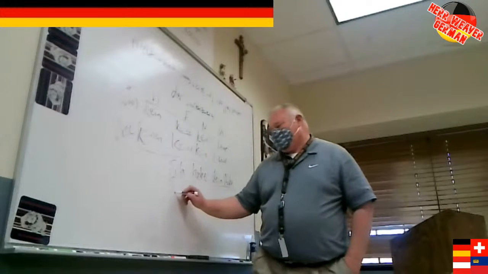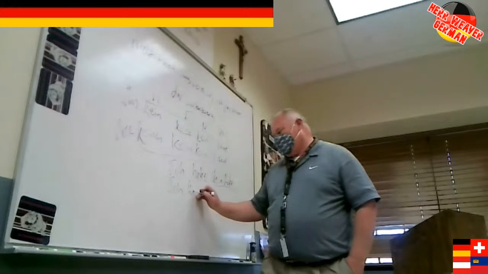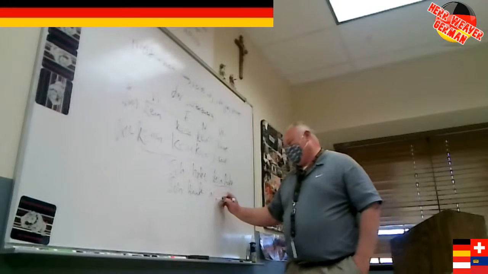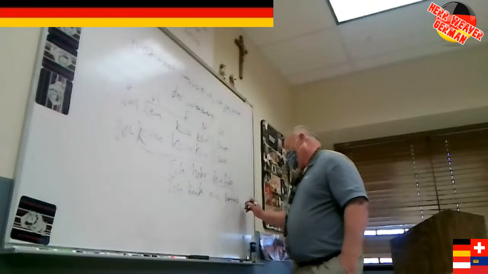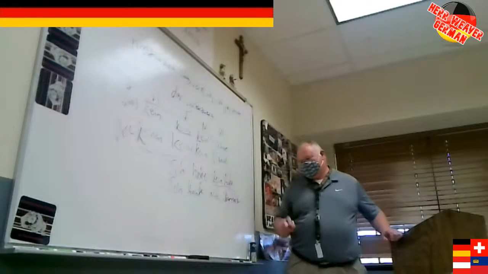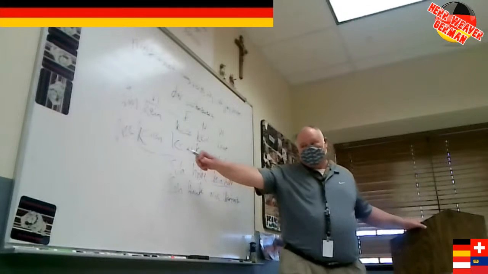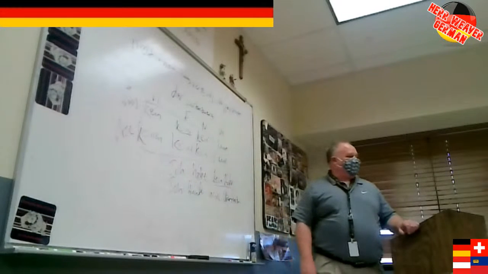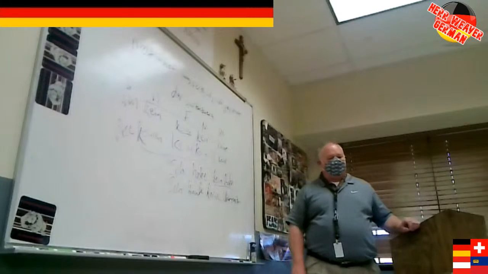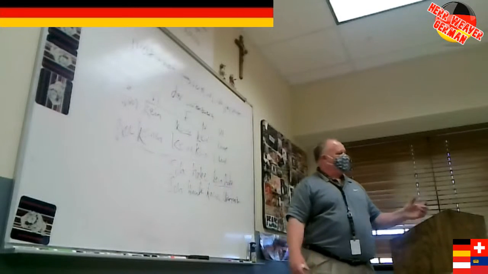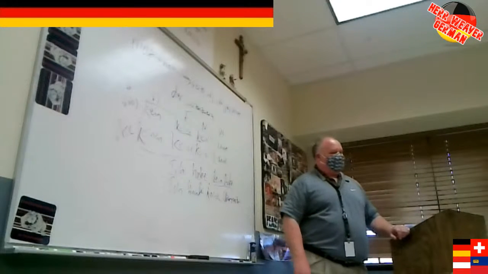Another one. Let's use a masculine word, like der Gartenzwerg. Ich kaufe einen Gartenzwerg. Can I abbreviate here? All right. That's some kind of a G. Ich kaufe einen, because it's masculine accusative. It's what I'm buying. But what if I'm not buying one? Ich kaufe keinen Gartenzwerg. Einen becomes keinen. Positive, einen. Negative, keinen.